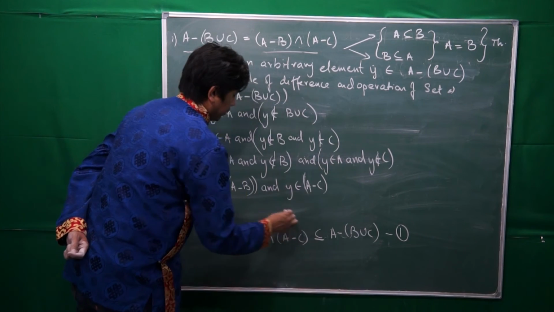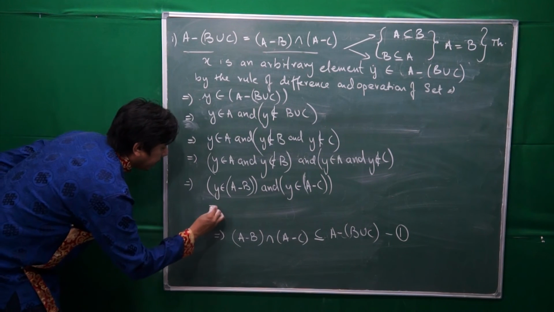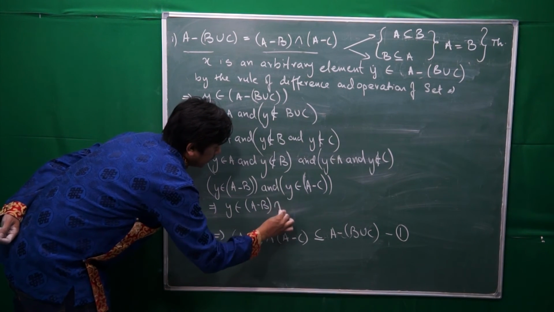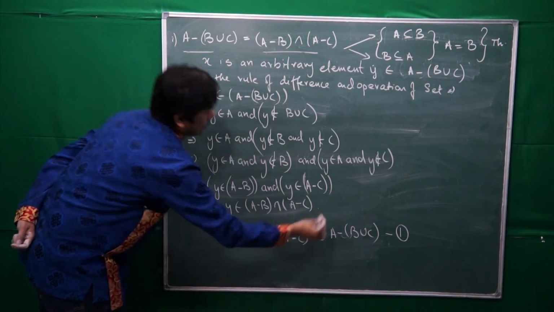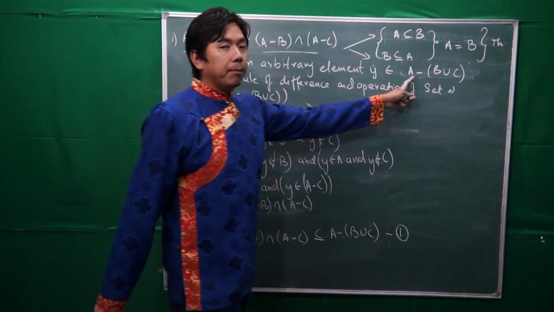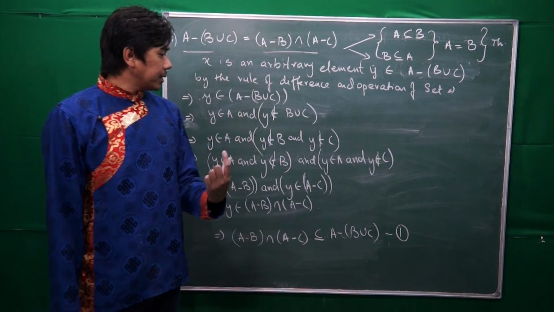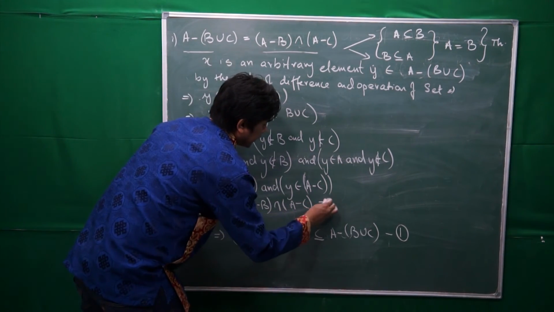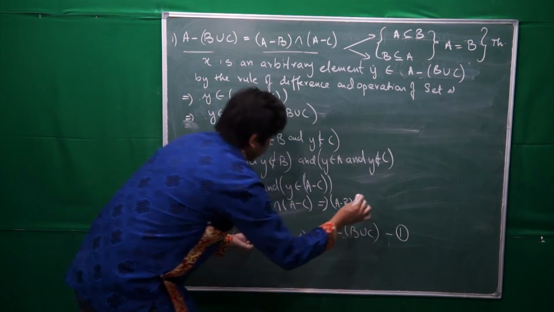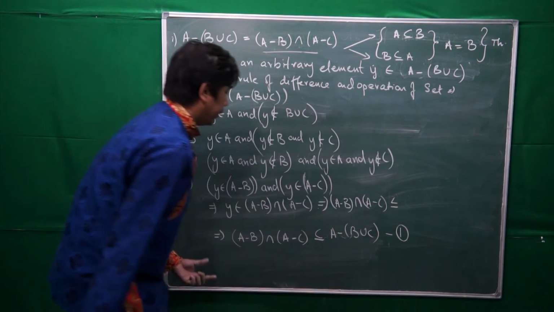Clear? So joining this up, we have Y belongs to A minus B intersection A minus C. Simple. Now Y is an arbitrary element belonging to A minus B union C, but it is also an element of A minus B intersection A minus C. So from here we can say that A minus B intersection with A minus C is a subset of